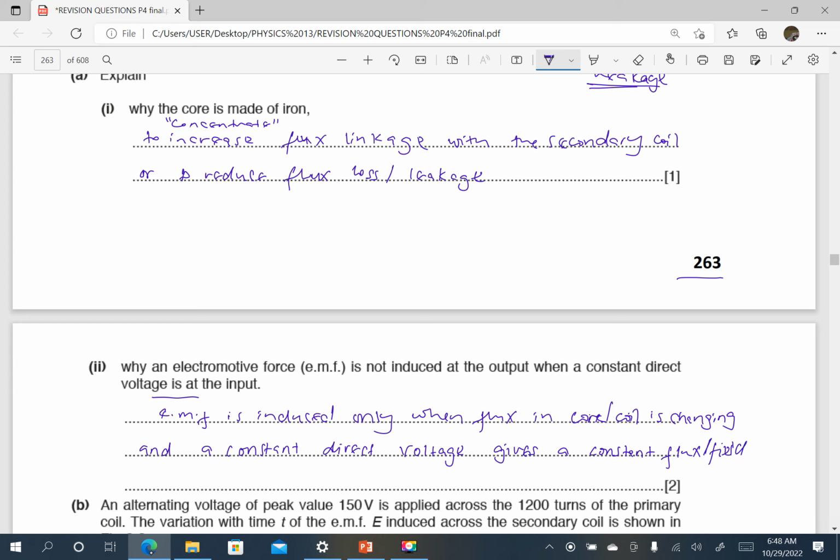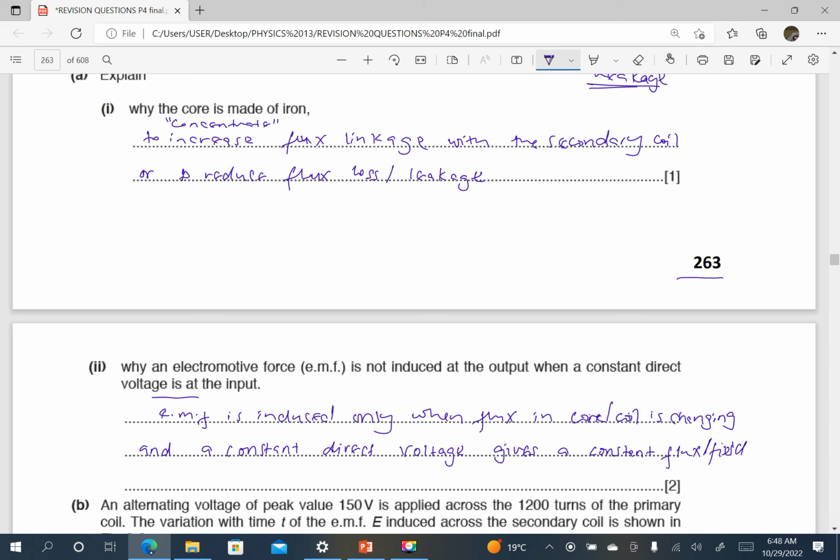A constant direct voltage will give a constant flux or a constant field, therefore there will be no change in EMF. So that's why we don't expect an EMF to be induced when we use direct voltage or direct current